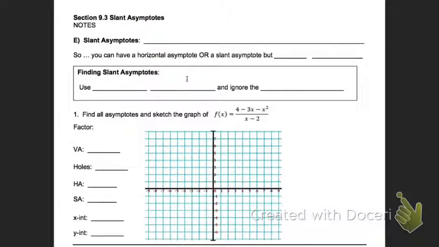When it's bigger on top. So if we have bigger on top, we have none. So Botten, we have this none. And therefore, we don't have a horizontal asymptote, but we do have this thing called a slant asymptote. And a slant asymptote, the degree of it,